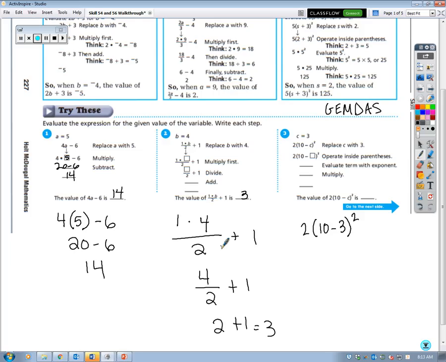Yes, Alec? Yeah, we're going to do this first. So we've got 2 times what? Which is what? Yeah. To the second power. Okay, so we've got grouping symbols or parentheses. We've got an exponent and we've got multiplication. What are we doing next? Yeah. We did that, right? So that's this. And then we've got,